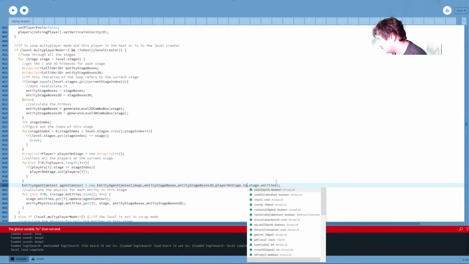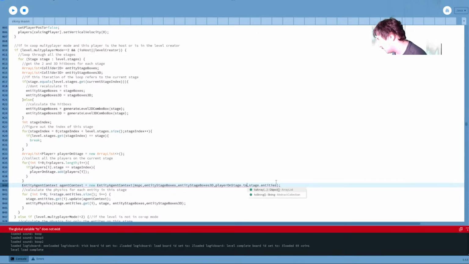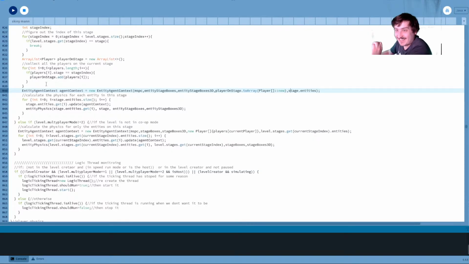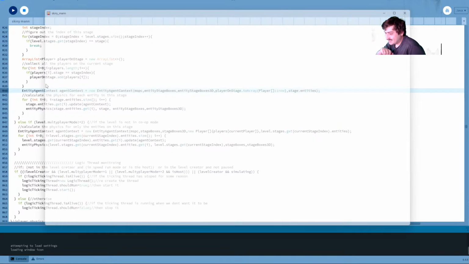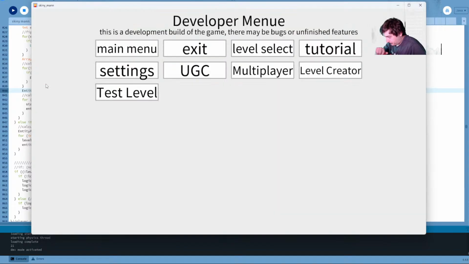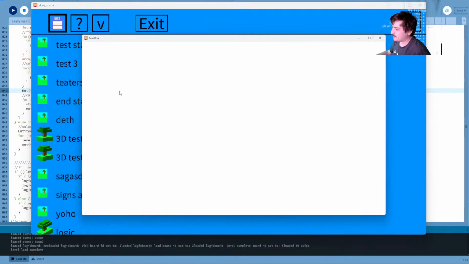The to array left in player array new. There we go. Alright. This should now work exactly as it did before, which is the great part about it, because nothing should be broken. Just a little bit of a refactor there.